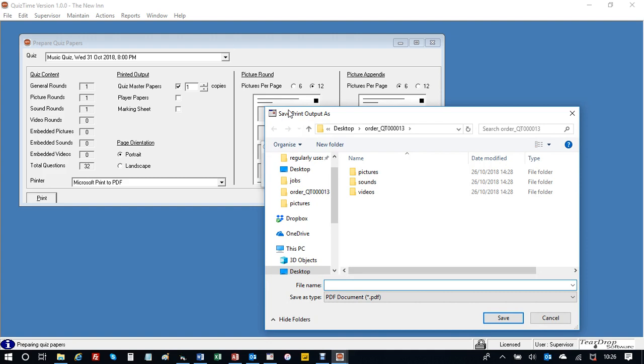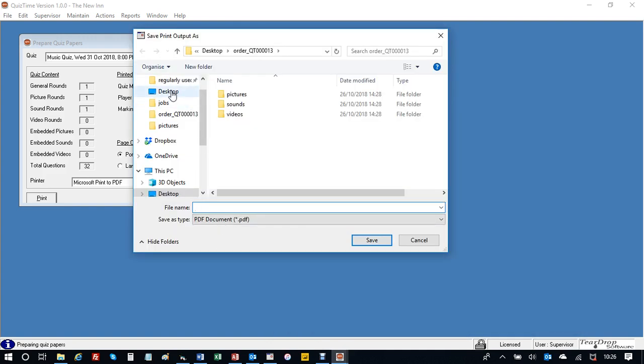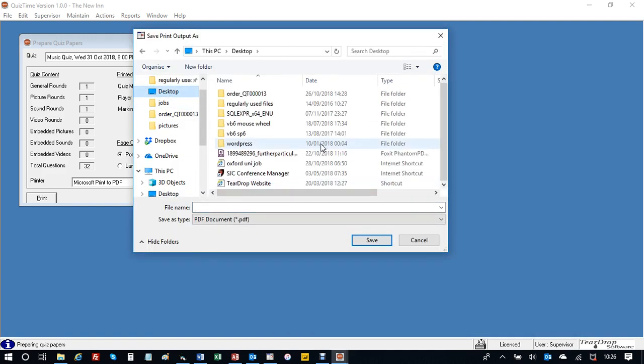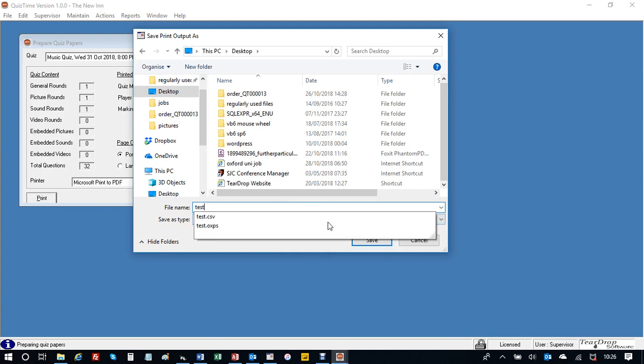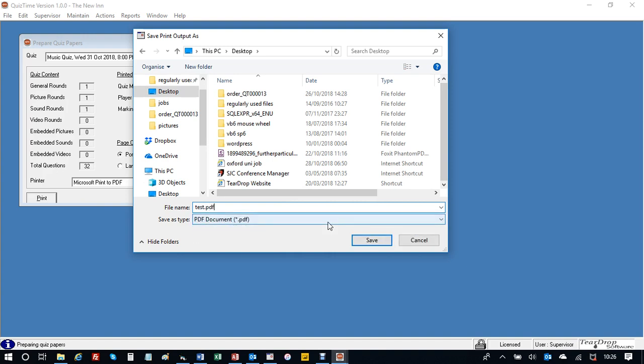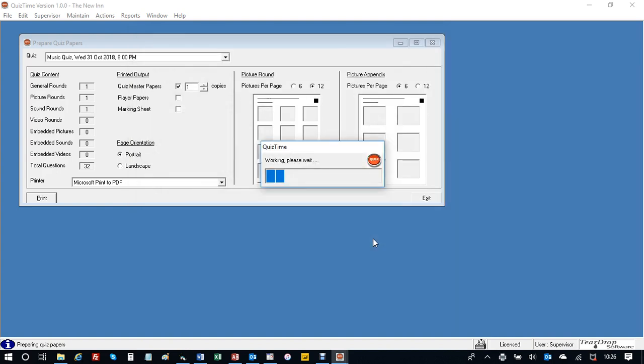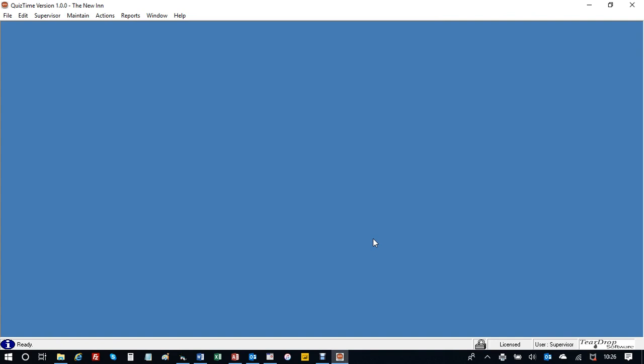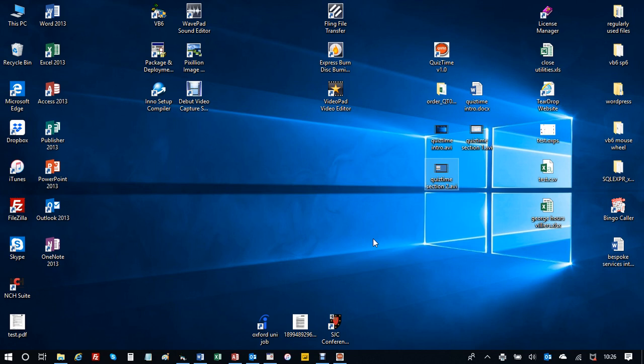You're asked to specify a name of the file, so I'm going to save it onto my desktop, and I'm going to call it test.pdf, and I click save, and then off it goes and produces those papers. So if I just go to my desktop and I find the file that's just been created, here it is, and I open it,